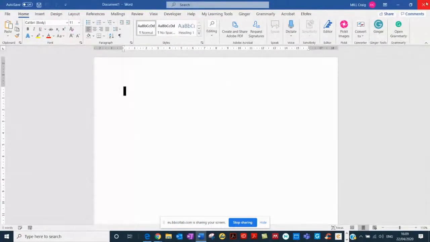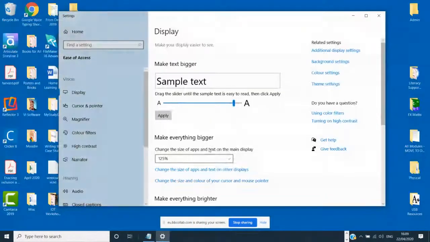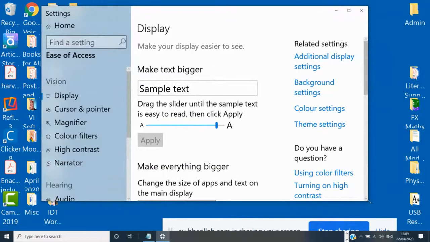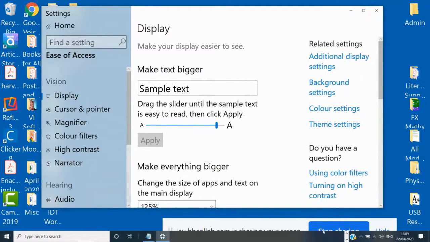Oh, it hasn't come through yet, so let's just give it a chance to come through. So sample text, and sorry, apply that. There we go. Oh, there's something I missed. Apply that. So you can see now things are getting much bigger. Let's go back to my Word document now